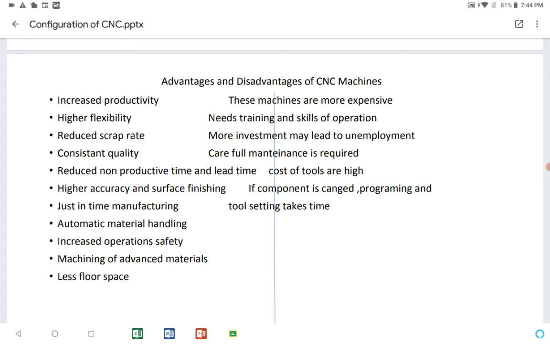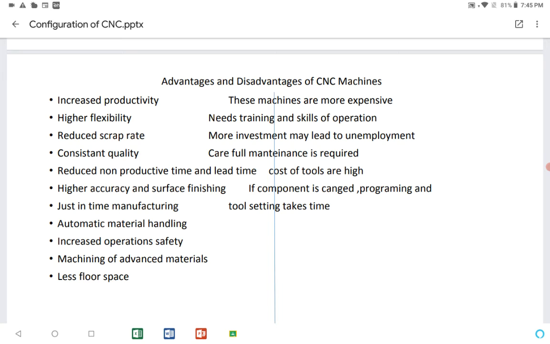Productivity can be increased, higher flexibility, reduced scrap rate, consistent quality, then reduced non-productive time and lead time, higher accuracy and surface finishing, just-in-time manufacturing, then automatic material handling, ABS you can call, increased operation safety, machining of advanced materials, and less floor space.